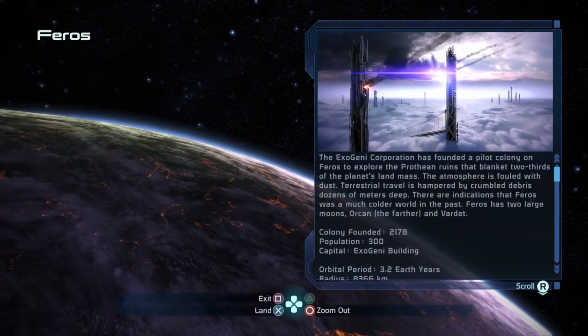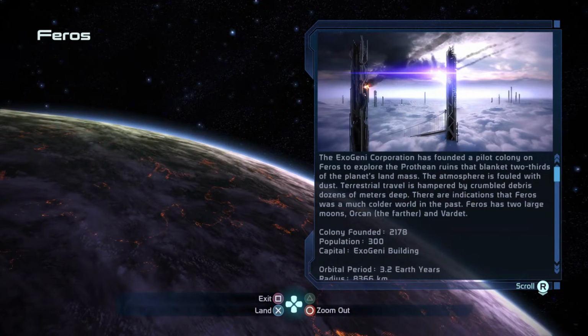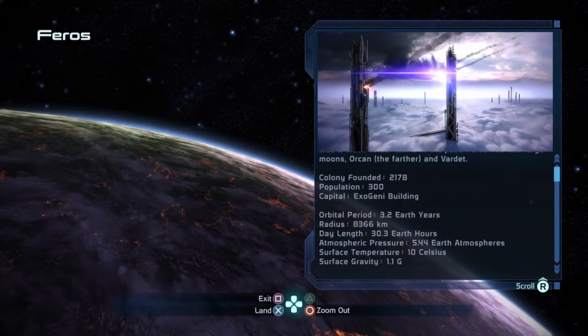The Exogenic Corporation has founded a pilot company on Feros to explore the protein ruins that blanket 2/3 of the planet's land mass. The atmosphere is fouled with dust. Terrestrial travel is hampered by crumbled debris dozens of meters deep. There are indications that Feros was a much colder world in the past. Feros has two large moons, Orkin and Vardet. Its capital...